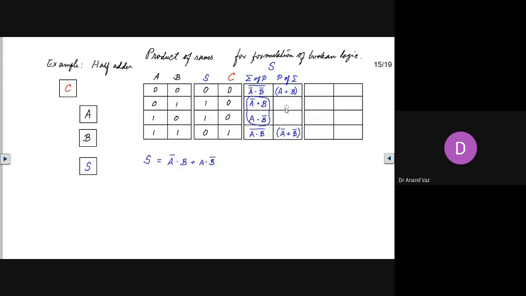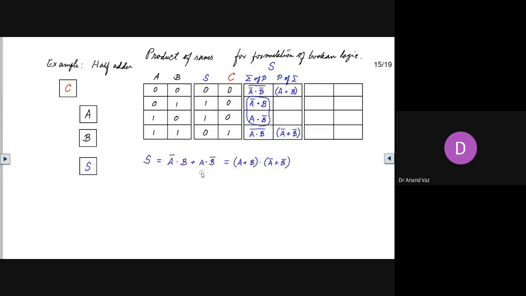So corresponding to this, we can also write this as equal to A or B and not A or not B. So when this logic is also satisfied, it gives us the same result. You can draw a truth table and verify it for yourself. Okay.